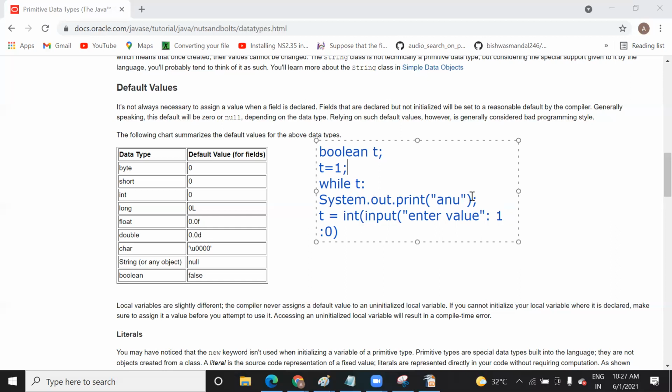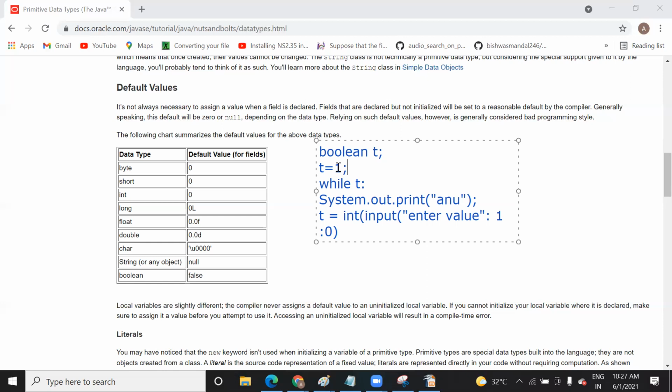Yes, I understand. So why do we use this boolean also here? Suppose here the boolean is false. Why is it false? If it becomes true, then this condition will always loop continuously forever. You can call it an infinite loop also.